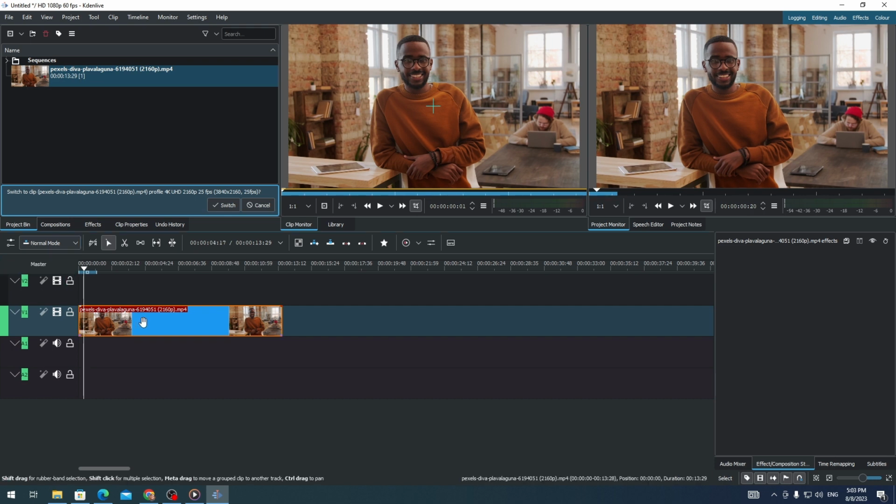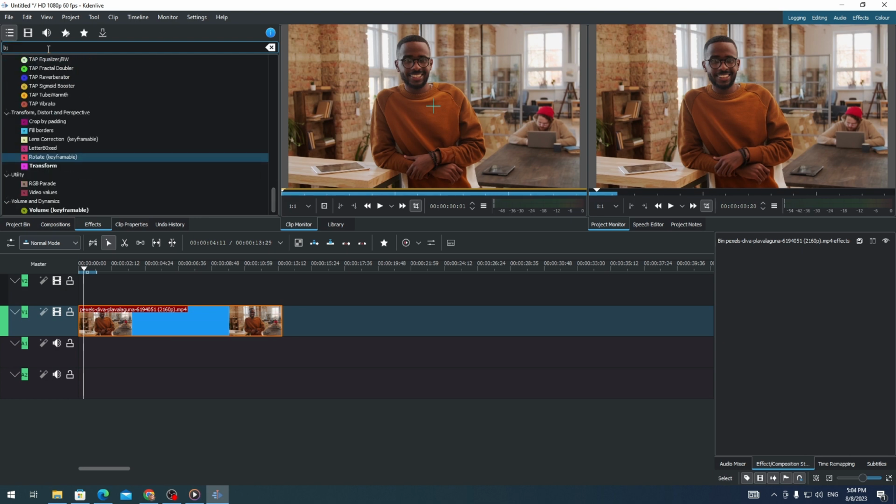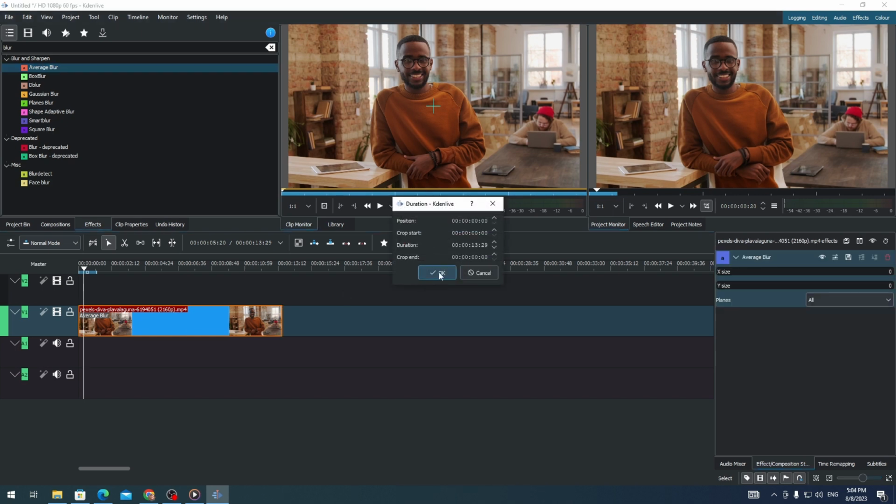So first, just drag a clip onto your timeline, and then go to effects. Just type in blur, and then just drag this average blur onto your clip. Double click on it, click OK, and here you'll see